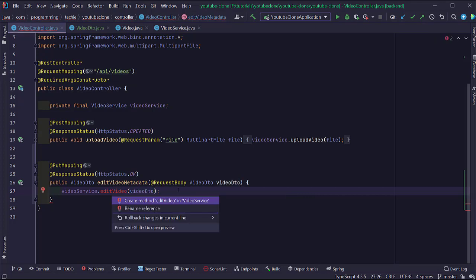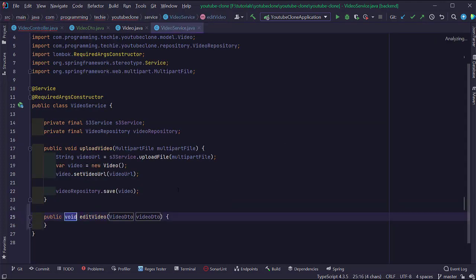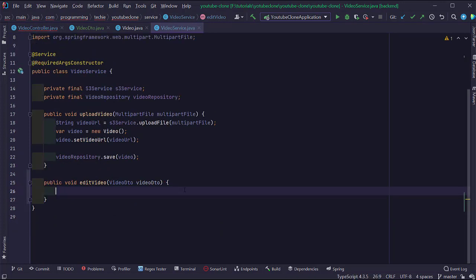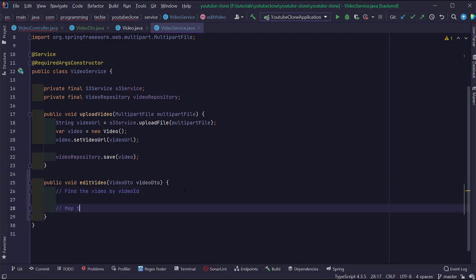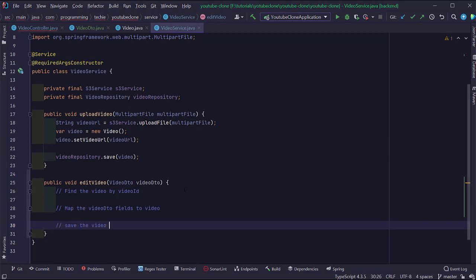So let's go ahead and create this method called edit video here. So what I'm going to do here is first find the video by video ID, right? And map the video DTO fields to video, and save the video to the database, right? So to find the video